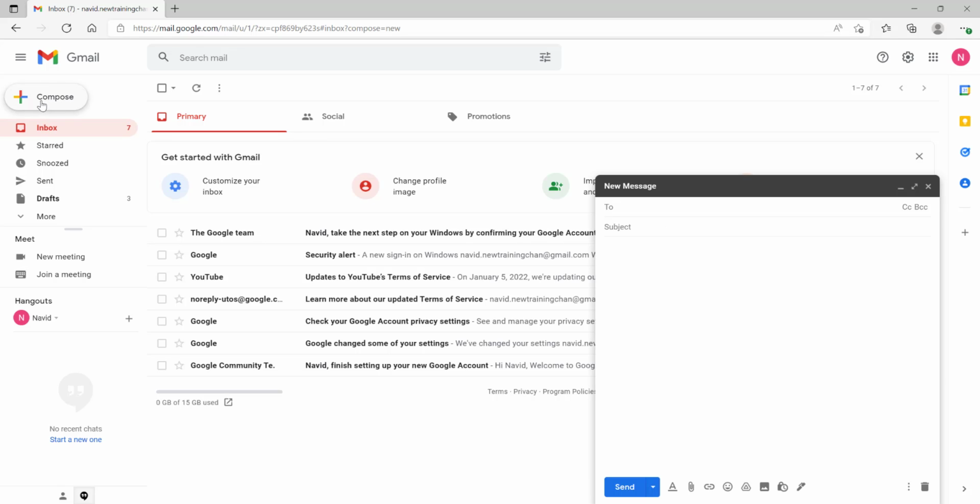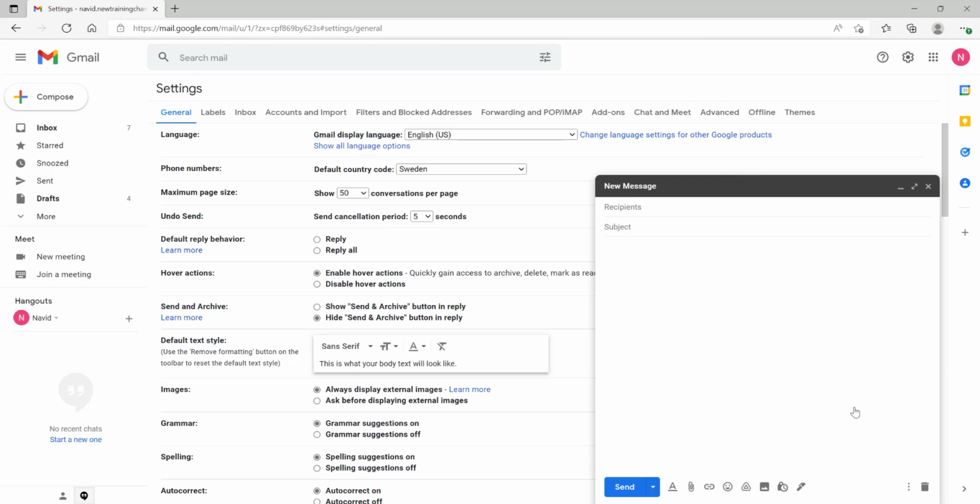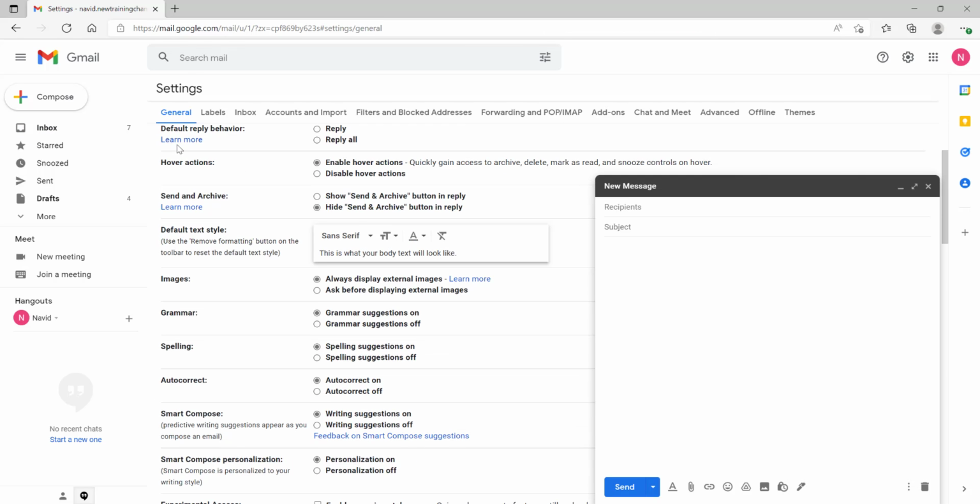And now simply we just can create new message, go here, insert signature, and select the signature that we want to insert to the email, or no signature. I can select manage signatures here and go directly to the settings